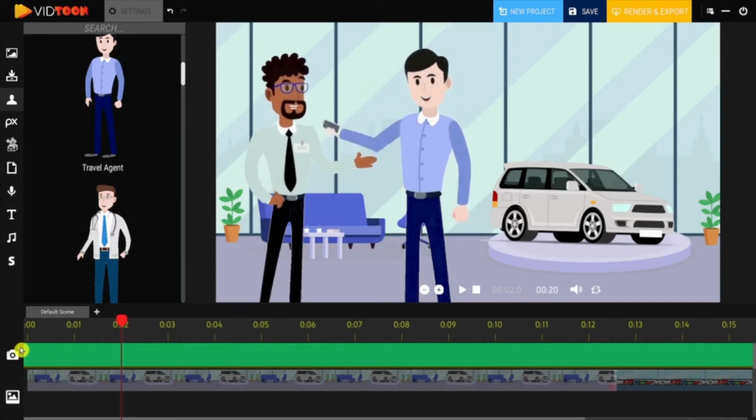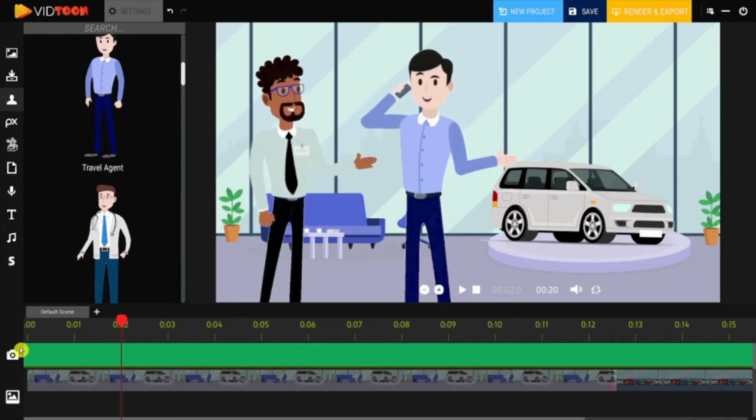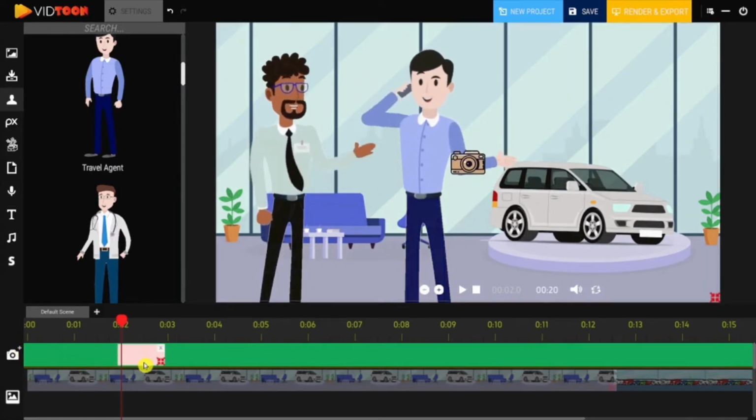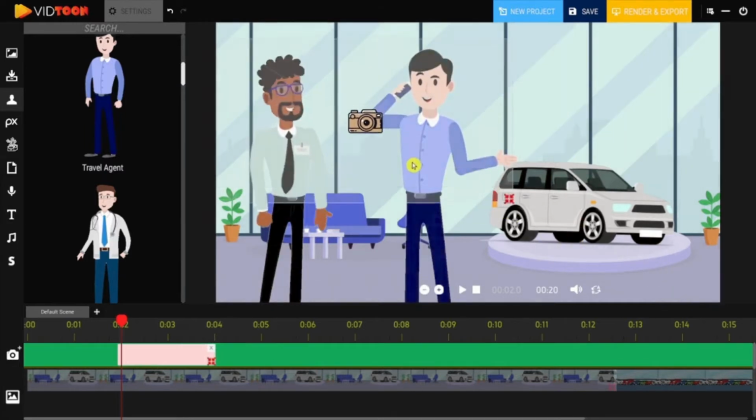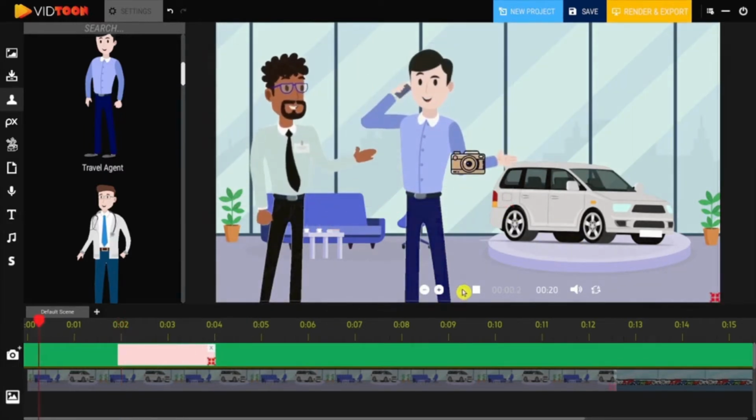You can click on a small plus button on the left side of the track to add as many zoom options as you want. All you need to do is adjust it in the track, and then customize it to where you want the zoom effect to be. When you preview the scene, you'll be able to see that the effect starts in full screen and then zooms